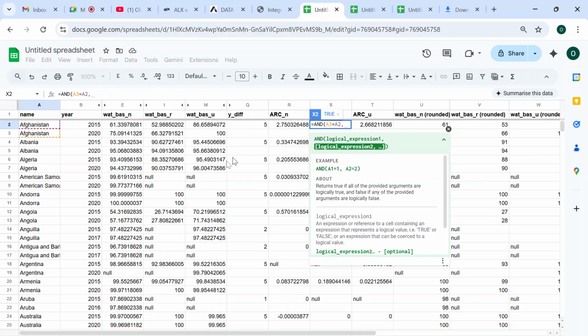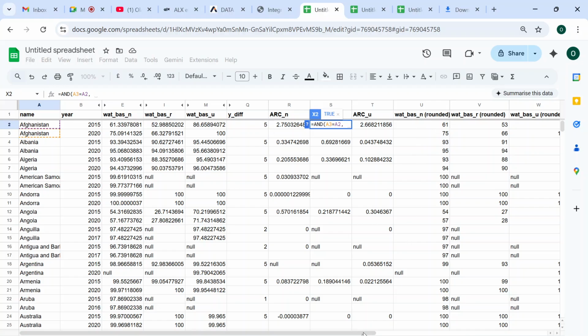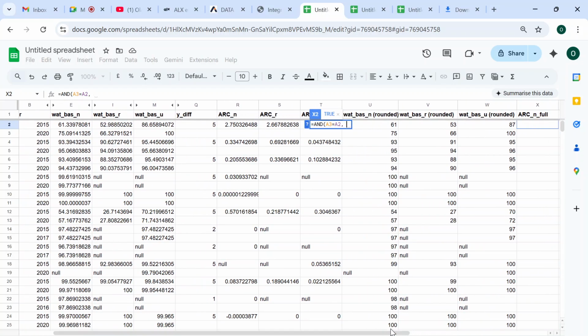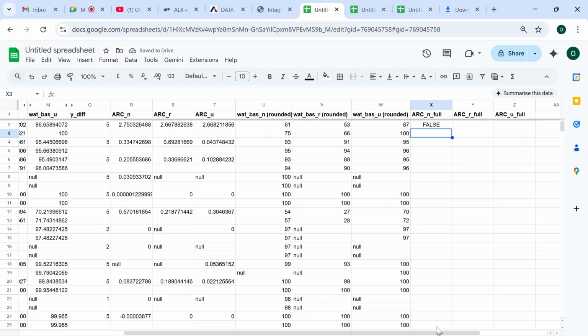Now, comma, we want to put the second logical equation. The second logical equation is telling us that since it's ARC n full we are doing, and it's basic access to water, n rounded we are using. So we want to also check if this one is equal to this one. So that's what we are doing. You see that it brought in true or false. It brought in false because even though